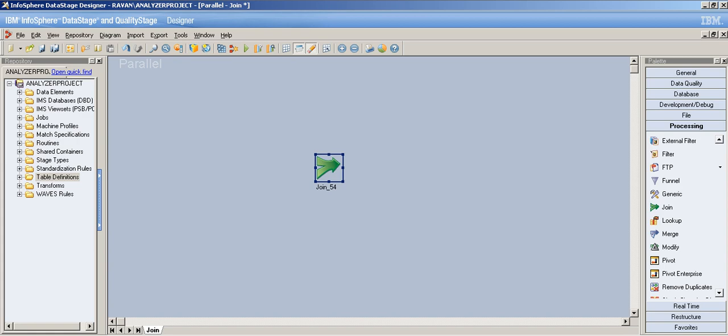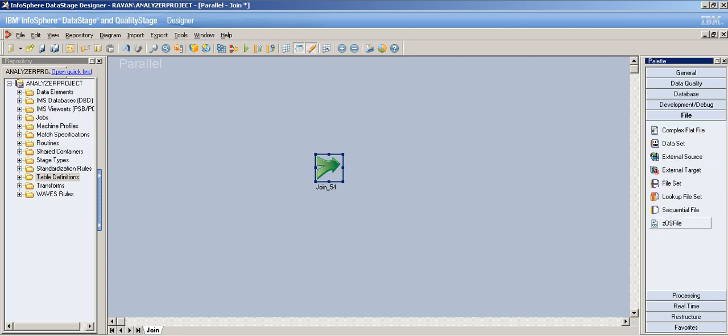And it can have any number of input links. It depends on the number of tables you want to join. So it can have any number of input links when you're dealing with three joins, namely inner, left outer, and right outer. But when you're dealing with full outer, it accepts only